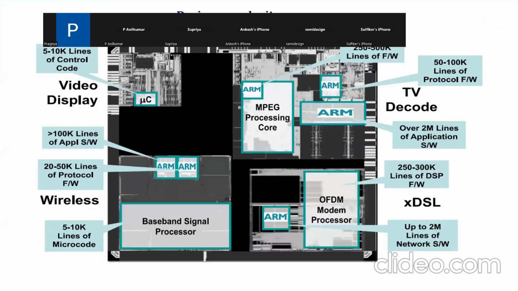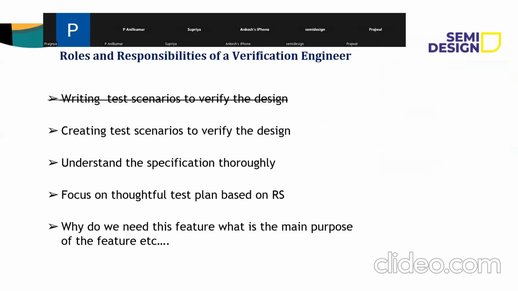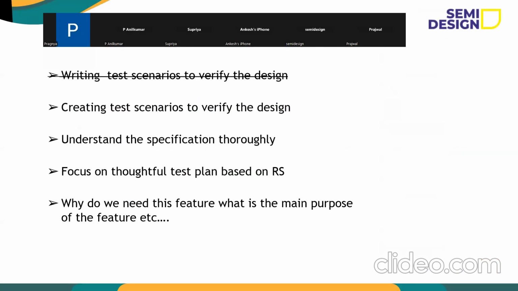Okay, so we all know how complex our designs are, right? We will be having 5 to 10K lines of code, and different complex designs. So for all this, we need to have a proper plan on how to verify the design, right? So there are some guidelines for any ASIC verification engineer, like how to start with the verification and all that. So we will discuss even those steps as well. So before getting into all this, let us see what the roles and responsibilities of an ASIC